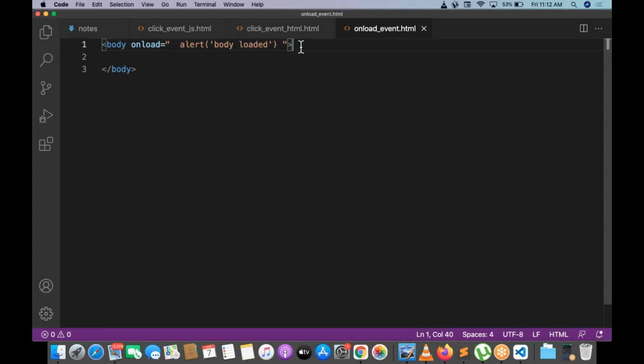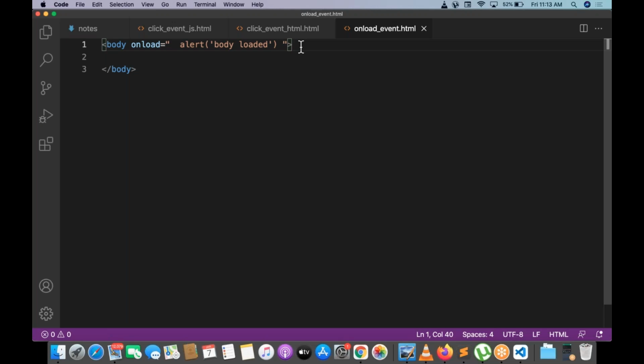Remember one point here. For the onload attribute, we are giving double quotes: double quote open, double quote close. But inside the content, for the alert, again we need to provide single or double quotes. You are already providing double quotes outside, so don't provide double quotes inside; inside we need to give single quotes.